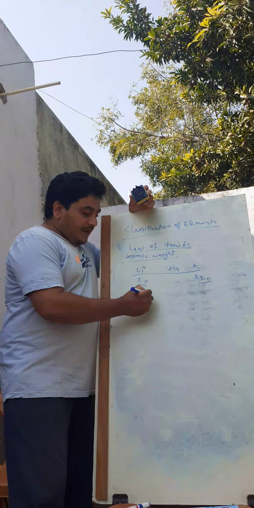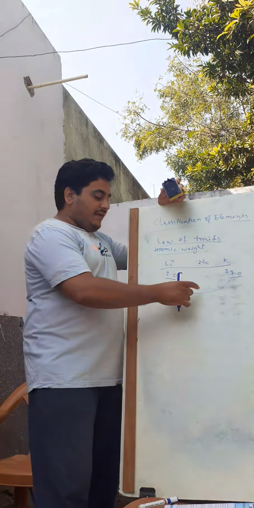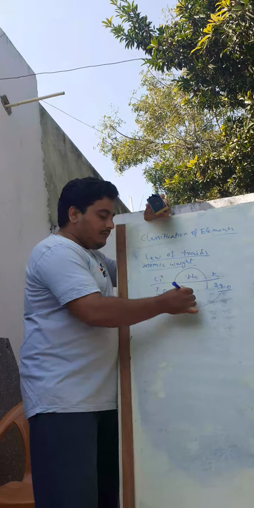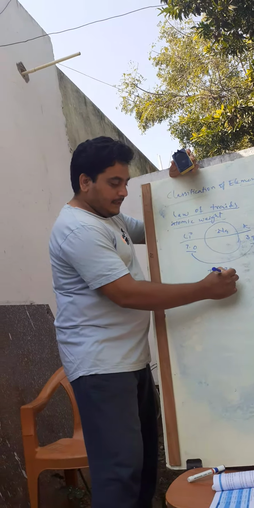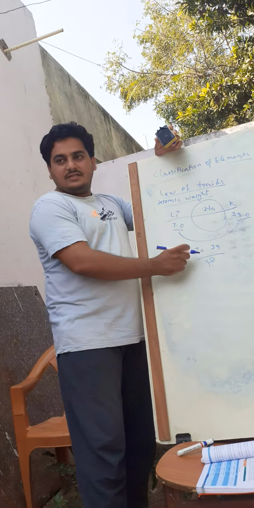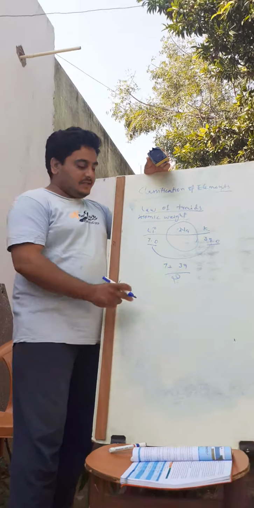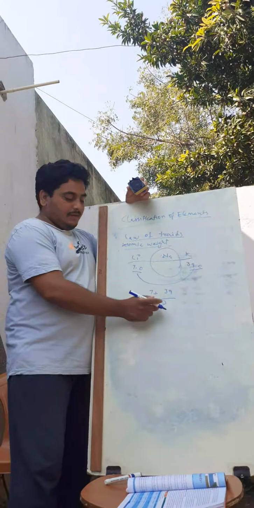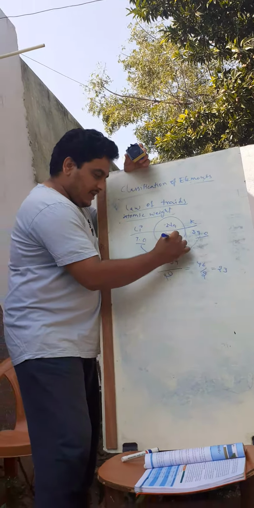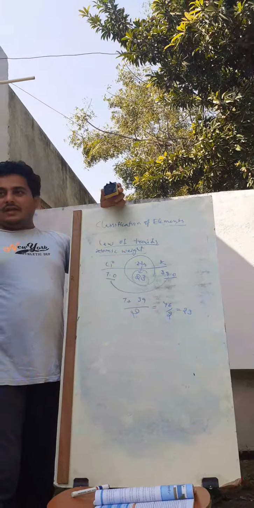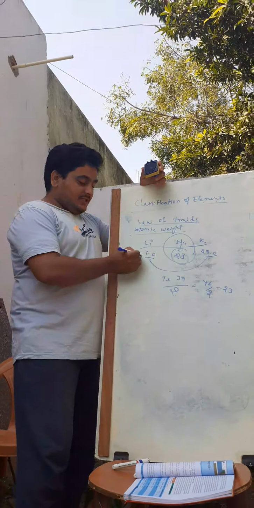He said that if you take an average of these 2 numbers, the arithmetic mean, which is nothing but an average, it will give you the atomic weight of the middlemost element. Arithmetic mean is the sum of observations by the number of observations. Only 2 observations: 7 plus 39 by 2, which is equal to 46 by 2, which is equal to 23. Means the atomic weight of sodium is 23. You are getting it exactly correct.